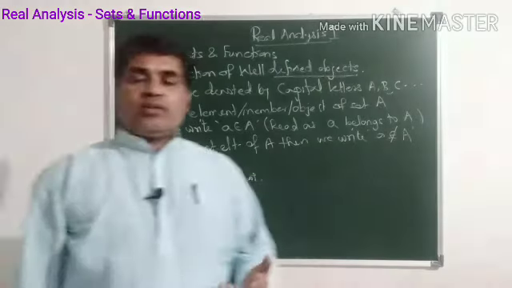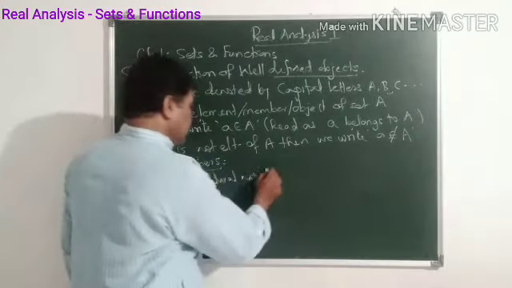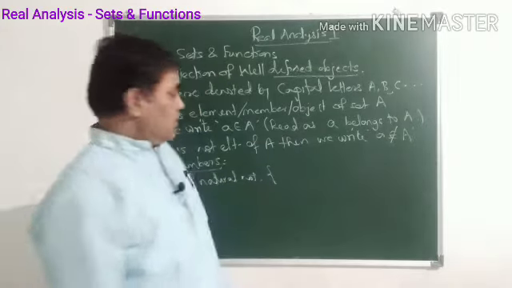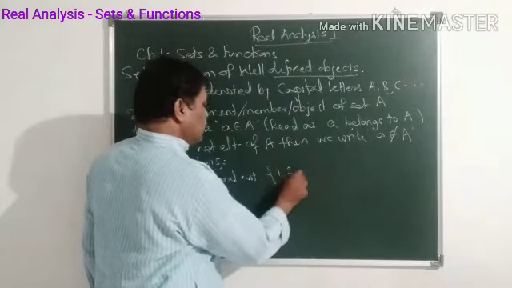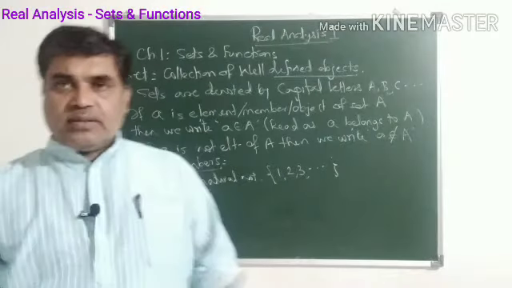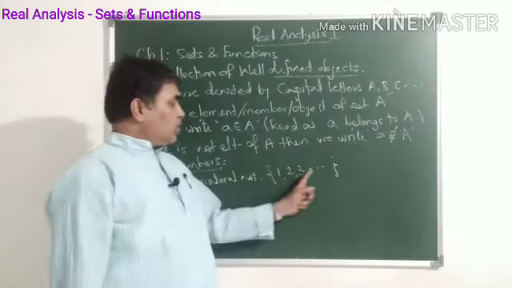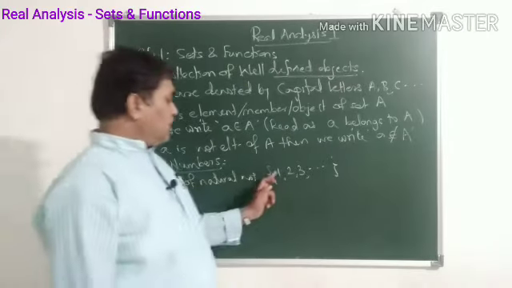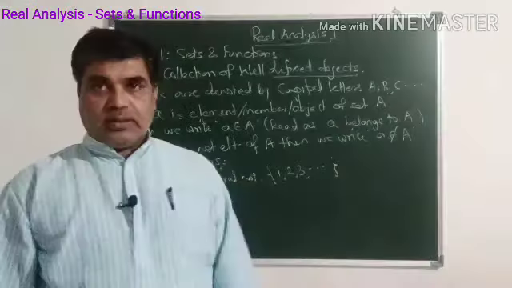In the listing method or tabular method, we write the elements of that set enclosed by braces and separated by commas. If it is an infinite set, we write 1, 2, 3. There is no end to these counting numbers. One after one we keep getting numbers, and that's why we put 3 dots after writing a few numbers of that set. So the set of natural numbers contains 1, 2, 3, etc. Even from first standard you are studying those numbers.